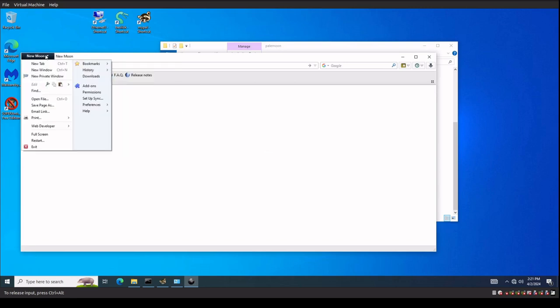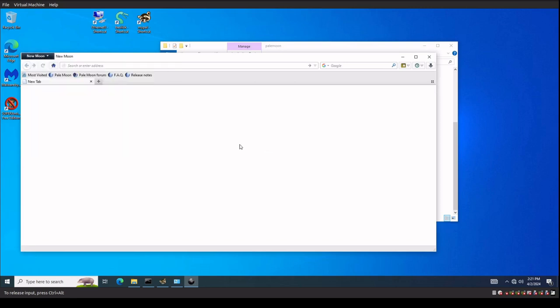Actually, this looks a lot more like Opera. I'm curious what this is built on. Somebody add in the comments what the PaleMoon application is built on. Is it built on the Mozilla platform, or is it built on Opera? Because it really doesn't look...